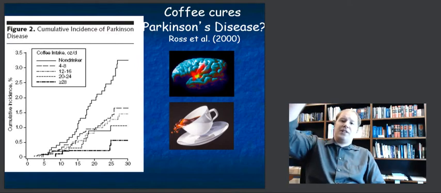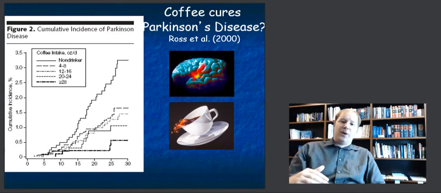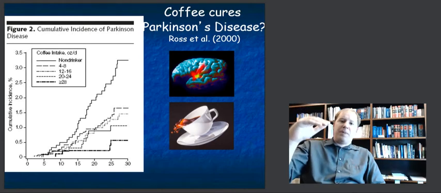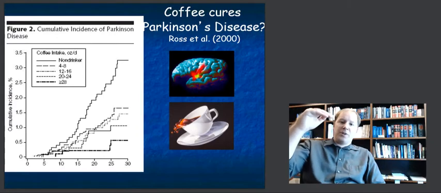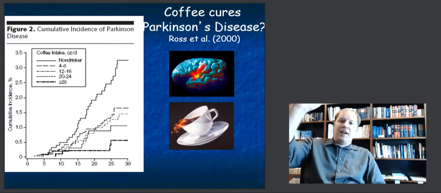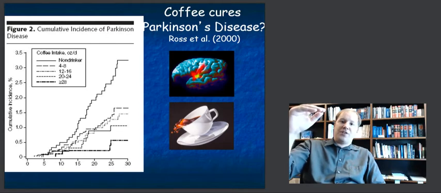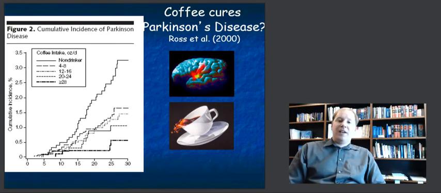And what's very nice is there's sort of a gradient curve here going on, right? There's a linear response to Parkinson's that you might expect. The more coffee I drink, if in fact coffee is curing Parkinson's disease, it tends to be that there's a linear response. If I drink no coffee, I have the highest rate of Parkinson's. If I drink a little coffee, there's some less. A little more coffee, there's some less Parkinson's. A little more coffee, there's some less Parkinson's. So the dose curve is absolutely what you might expect if you in fact had some sort of causal relationship between coffee and a reduction in Parkinson's disease.